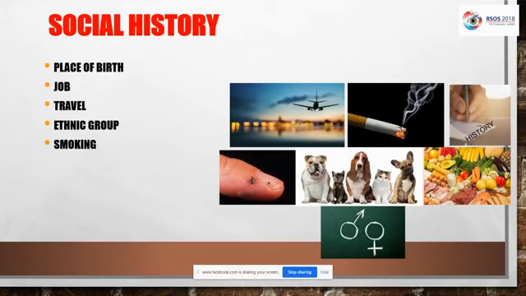Smoking is a risk factor of recurrence in some specific types of uveitis, and there is strong evidence that those patients with HLA-B27 associated spondyloarthropathy and HLA-B27 associated uveitis can have more recurrence if they are smokers. So in those patients with HLA-B27 positive, you need to advise them to stop smoking, and it should help with decreasing the recurrence of uveitis. Also, the dietary habits, as we mentioned before,